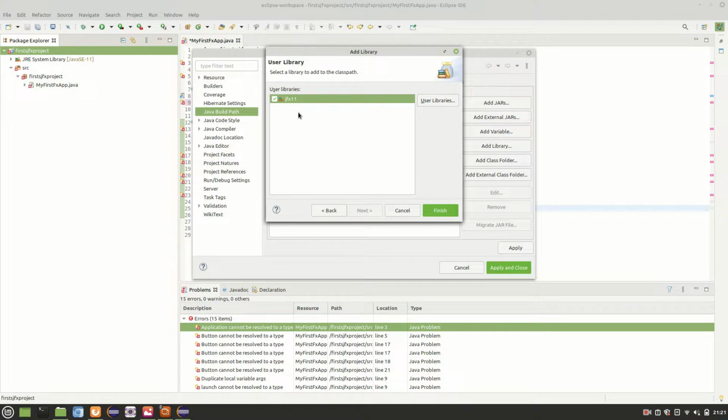step 2. If you do not have this library, or something is weird on this pane, then I'm sure you have done something wrong in step 2 itself. So you may need to go back to step 2 and create the library again, or maybe close and reopen your IDE. It happens sometimes. It happens rarely, but it happens sometimes. I'll click on finish,